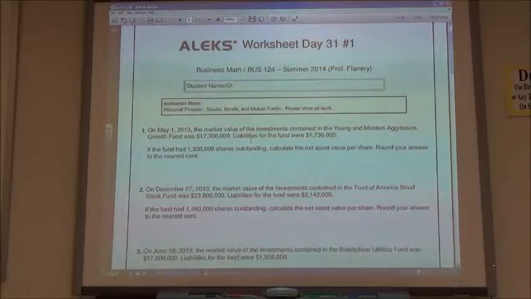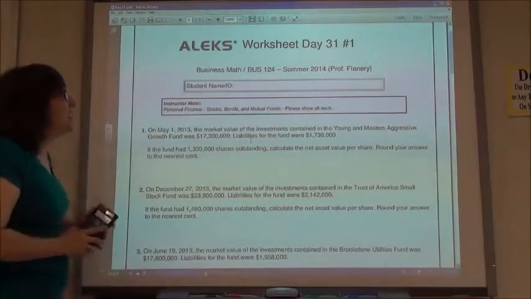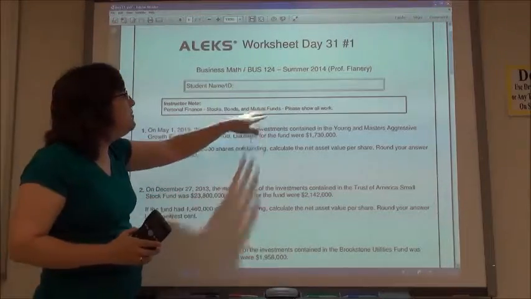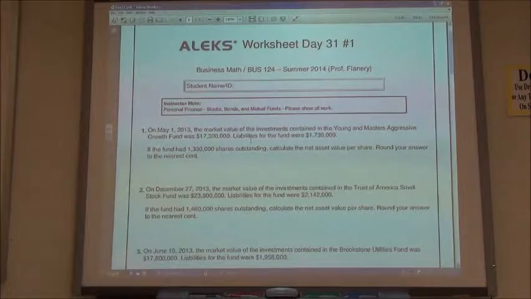Worksheet day 31, finishing up the section on personal finance. Again, these are under the heading stocks, bonds, and mutual funds. So it says on May 1st, 2013, the market value of the investment contained in the Young and Masters Aggressive Growth Fund was